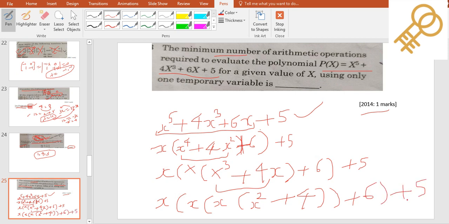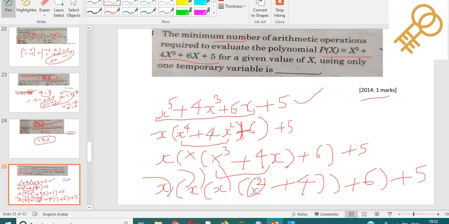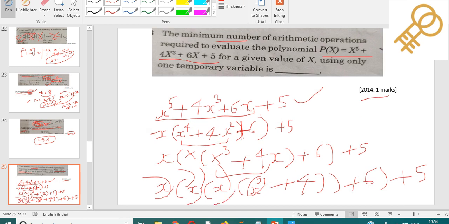Now you count the number of operations. Here required 1 operation, here 2 operations, here 3 operations. So here required one more operation. So 1, 2, 3, 4 operations, and plus 5 operations, and here 6 operations, and here is the 7th operation. So the total number of operations will be 7. So the 7 will be your correct answer.